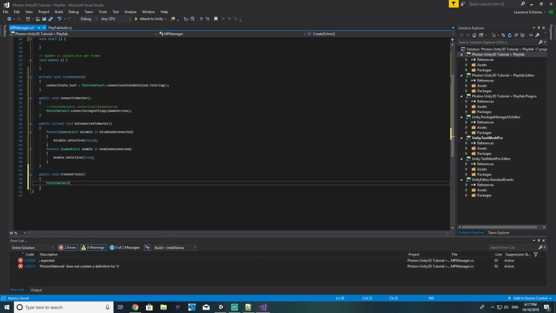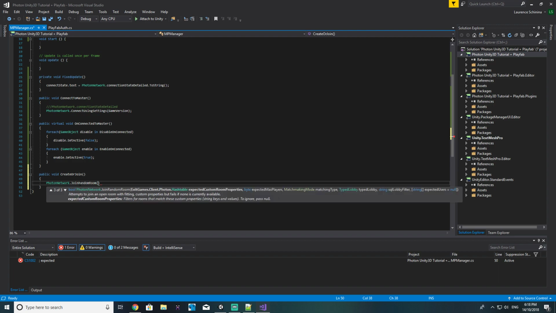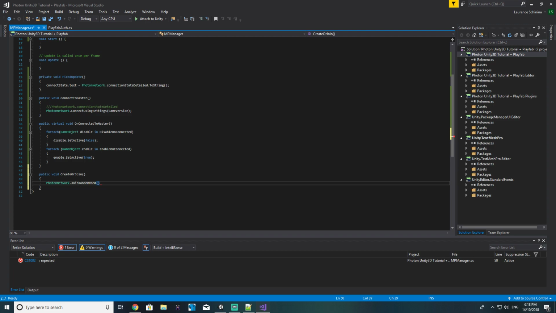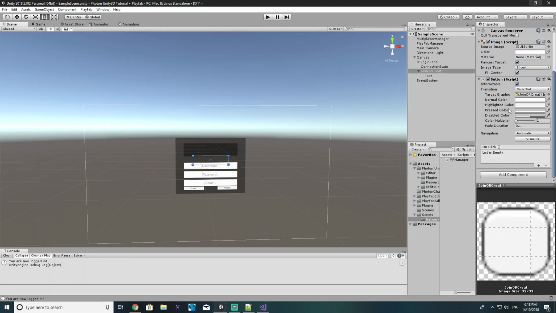can I type? I can't. Join random room. And what this will do is it will find any room currently registered with your own game and try and join it. So simply, that's all we have to do. You join the room, and if we wait for it to compile,